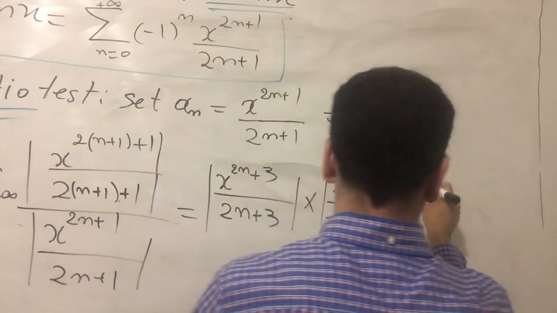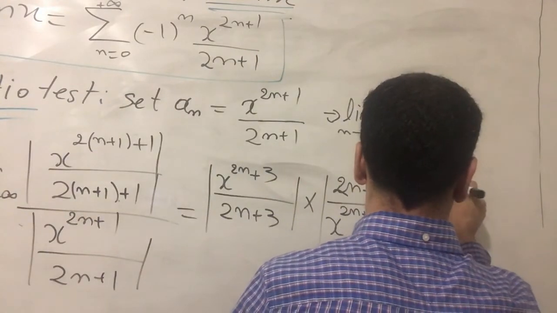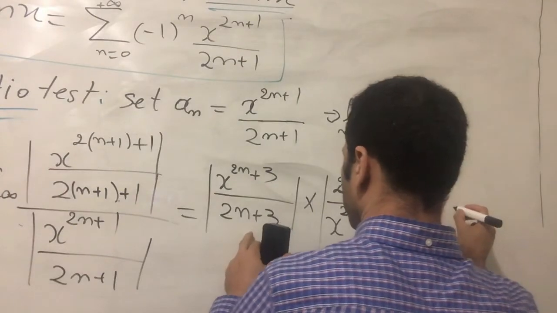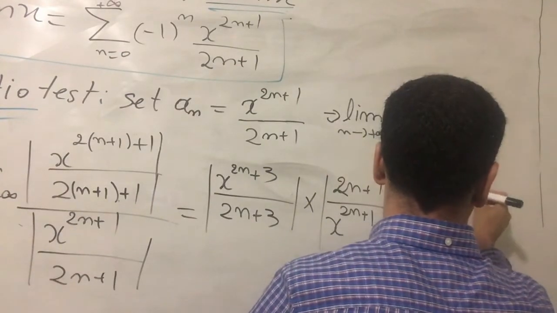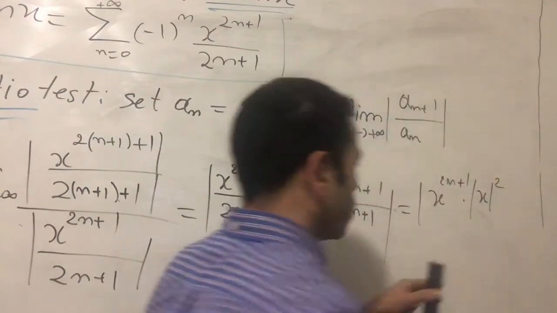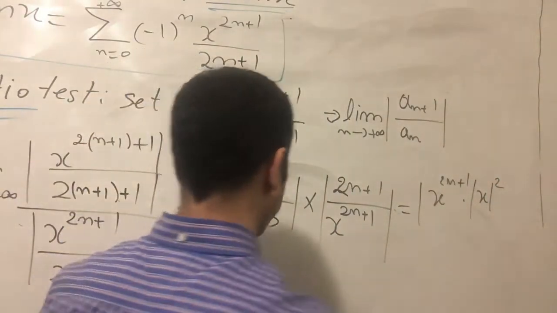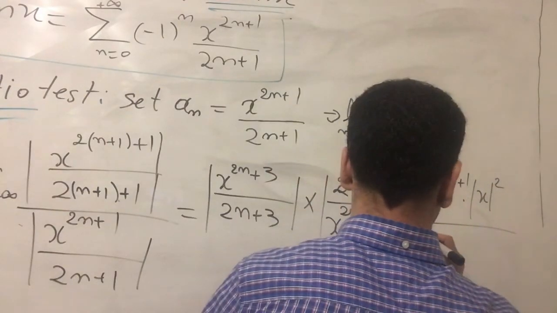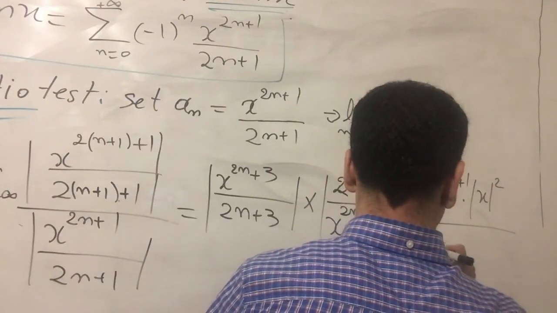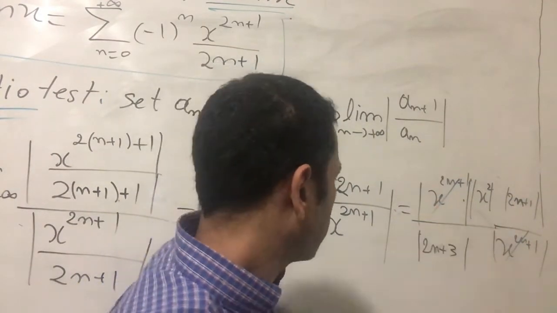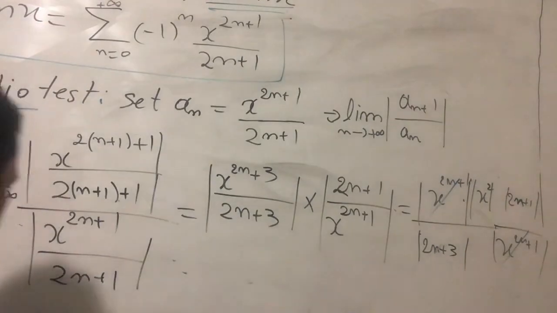So I will have the absolute value of x to the n plus 1 multiplied by the absolute value of x squared over this one, which is the absolute value of 2n. So I'm going to simplify x to the n plus 1. So I will have what's left, the limit